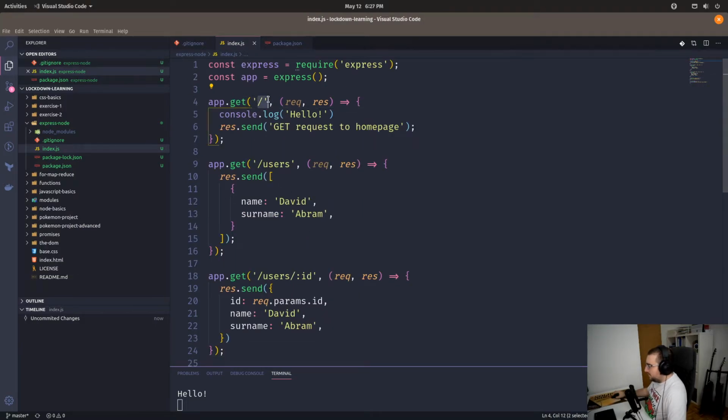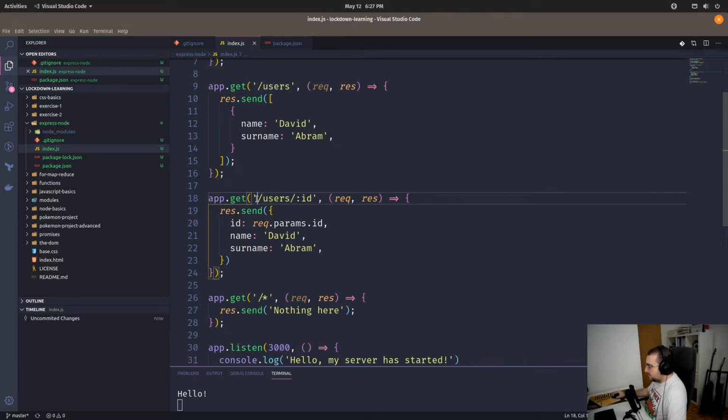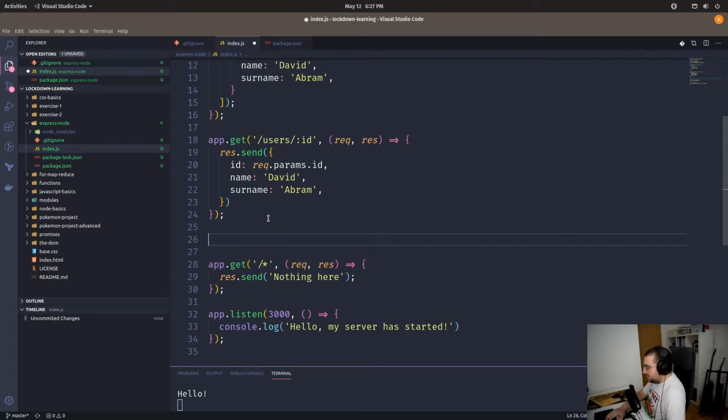So if you get a URL like the root URL, it's fine. If you get users and something under users, it's fine. If you get users and some ID, that's fine. But for everything else, it will return "nothing here." So we can also combine that with, I don't know, app.get, and everything that starts with get,